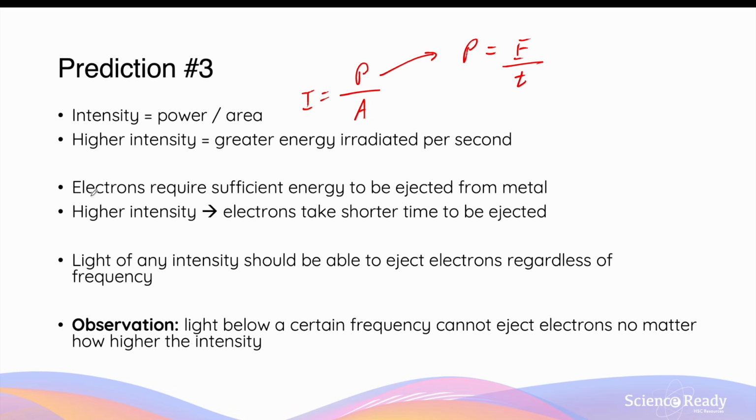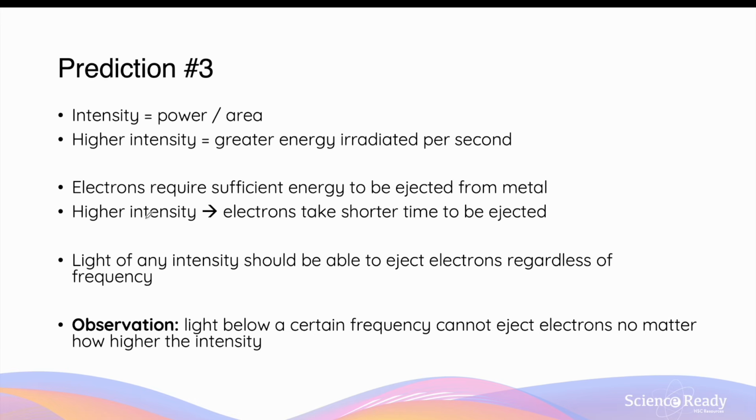In the wave model, they hypothesized that electrons in the metal will require a sufficient amount of energy to be ejected from the metal. And depending on different metals, electrons will require different energy. Since in the wave model energy is continuous, a higher energy radiation will mean that the electrons will take a shorter amount of time to be ejected. This is because higher intensity means a higher power per area, and higher power means there's a higher rate of energy transfer from the radiation to the electrons. And if the energy transfer happens at a greater rate, the electrons will take a shorter time to be ejected from